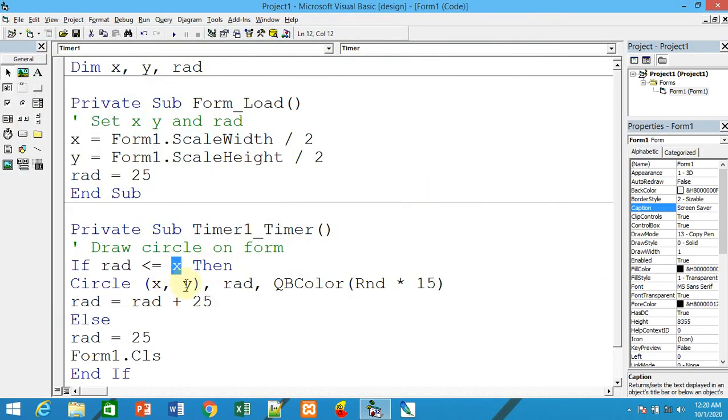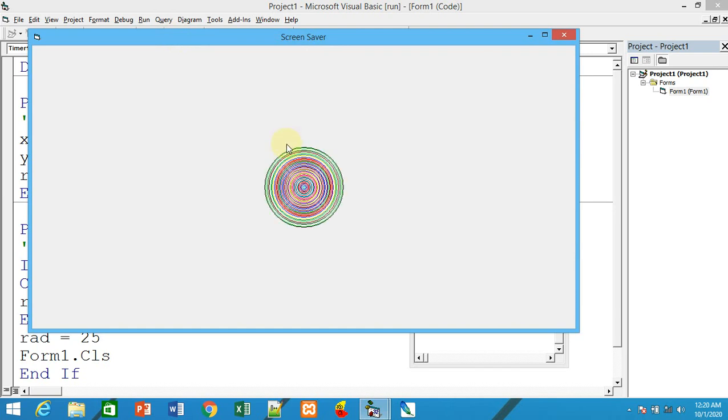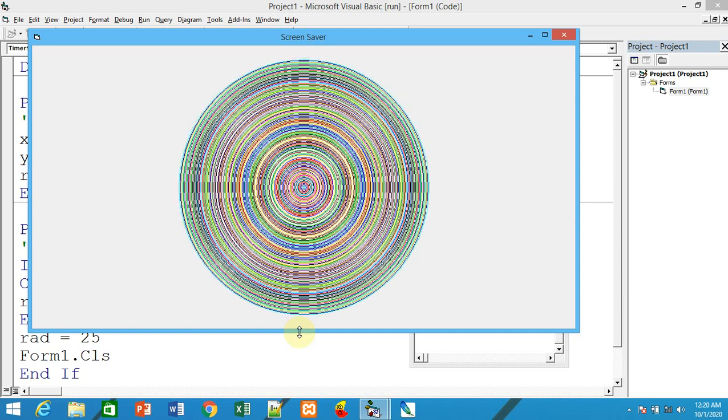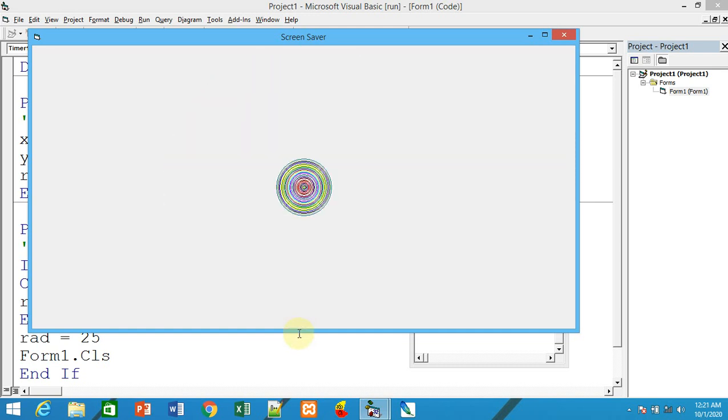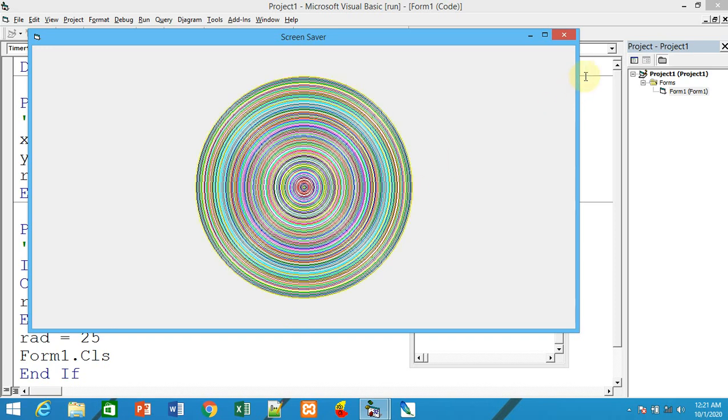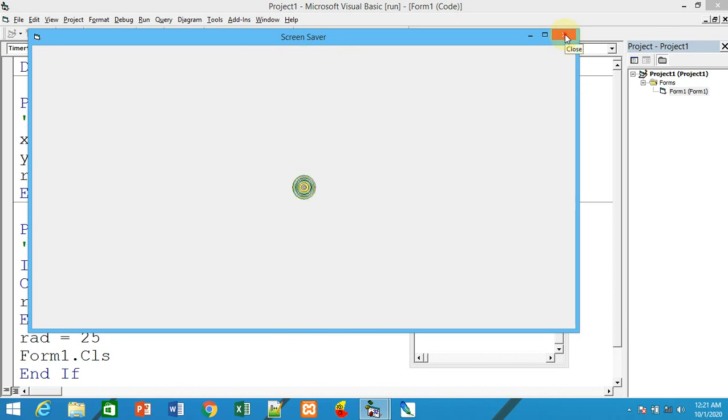If radius is less than or equal to y, then when the radius touches the upper border or lower border, it will reset.